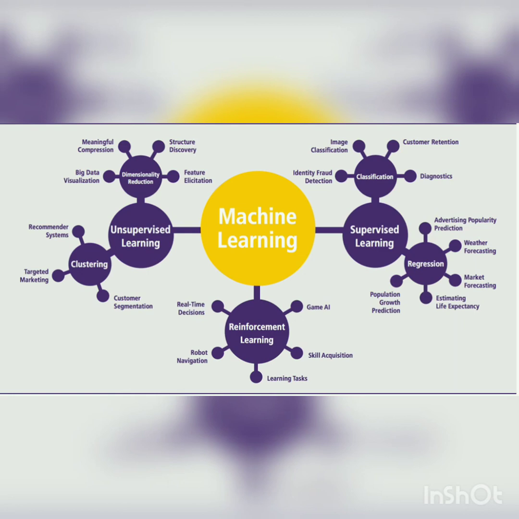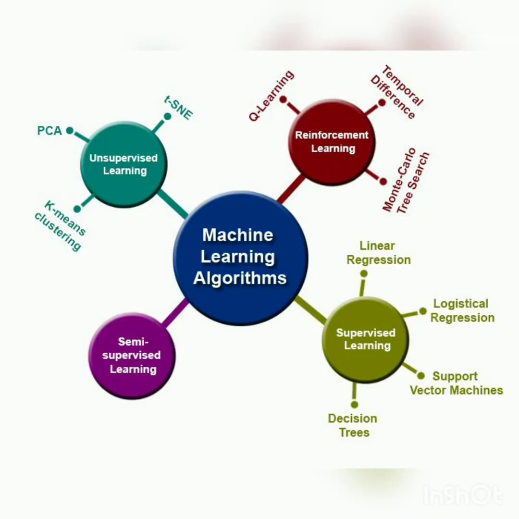Another one is LightGBM. LightGBM is a gradient boosting framework that uses tree-based learning algorithms. It is designed to be distributed and efficient with the following advantages. Why it is called light is because it is distributed and makes the work very light. Faster training speed and higher efficiency. Lower memory usage is the key point for the name LightGBM, and better accuracy, parallel and GPU learning supported,